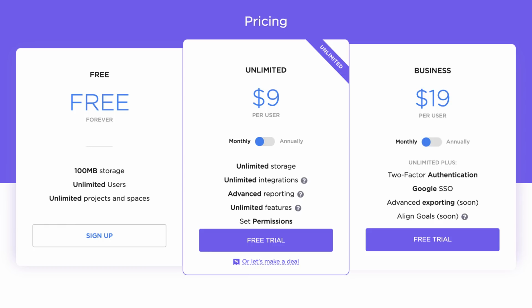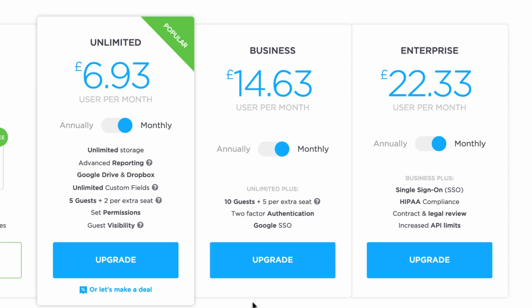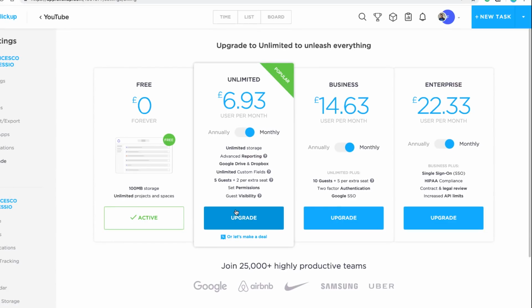Traditional project management setup. You can also apparently make them a deal. So for example, if you wanted to chat with them directly about whether you have tons of members that just want to use the unlimited plan, that could be quite good if you just wanted to chat with their team there. So you also have a business and enterprise plan. The business plan is much more tailored towards more guests being available. So if you have clients you work with, you also have Google SSO, which is a security, as well as two-step authentication. Enterprise-wise, you have HIPAA compliance, which a lot of people like, and that's going to probably be about